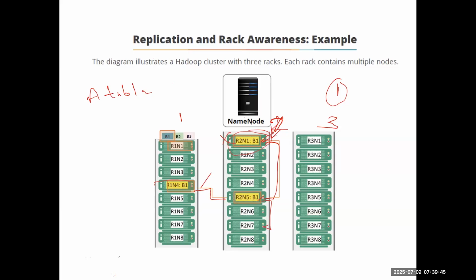But if a server goes down, let's suppose this went down. I'm not getting the heartbeat from this regularly. For 10 minutes I did not get any heartbeat from this. In that case, the name node will understand that this node is dead, because the name node knows what data information it has and where its replication is. The name node knows that I have a table here and I have a replication of the table here. So if it goes down, then we'll copy the A from this to some other server and keep the information with it.